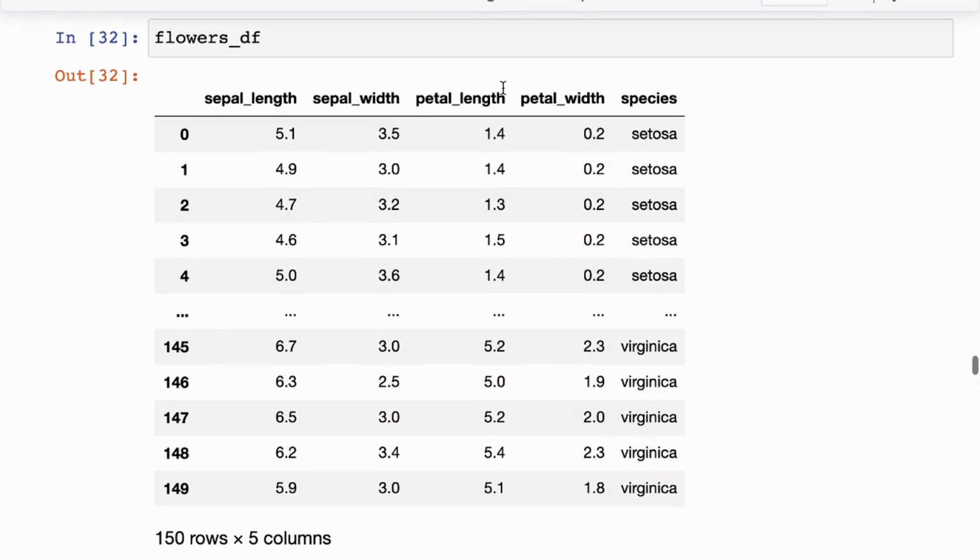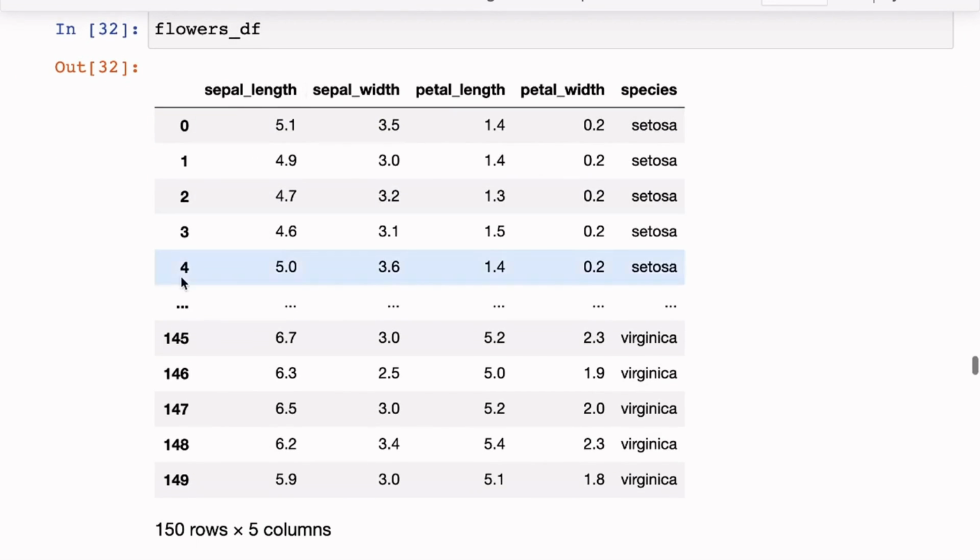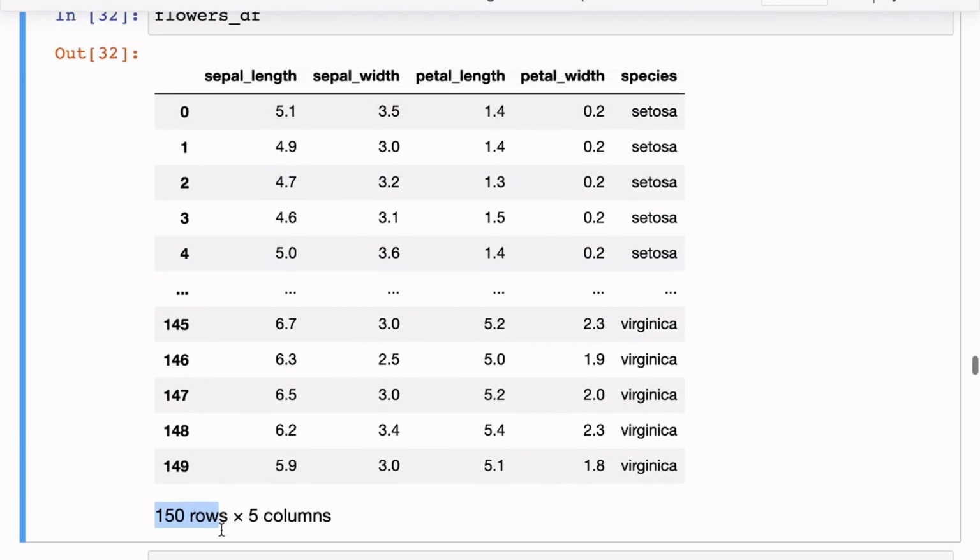So let's study this dataset. It looks like this dataset contains 4 or 5 columns. It is information about flowers. These are some measurements made on a total of 150 flowers, so here we have 150 rows. For 150 flowers in a garden, let's say, we've measured the sepal length and the sepal width. Sepal is a part of the flower, and petal is another part of the flower. So then we've also measured the petal length and the petal width. And we've noted the species of the flower.